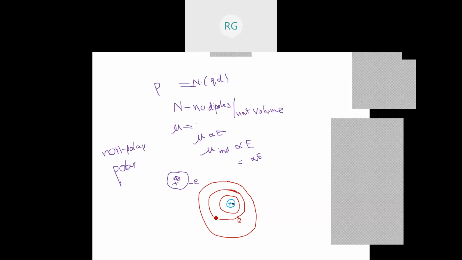Hence I consider here the center of gravity of positive charge and the center of gravity of negative charge. The center of gravity of negative charge is nothing but the point where the entire negative charge is concentrated. And the center of gravity of positive charge means the point where the total positive charge is concentrated. In many materials, the center of gravity of positive charge and the center of gravity of negative charge will exactly fall at the same location.